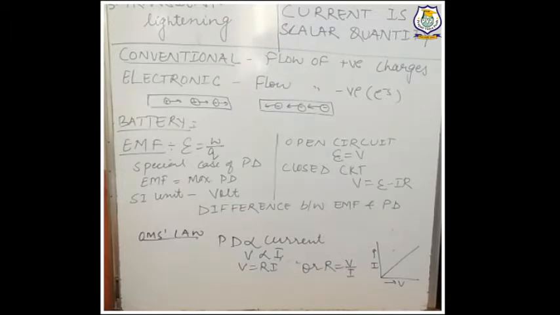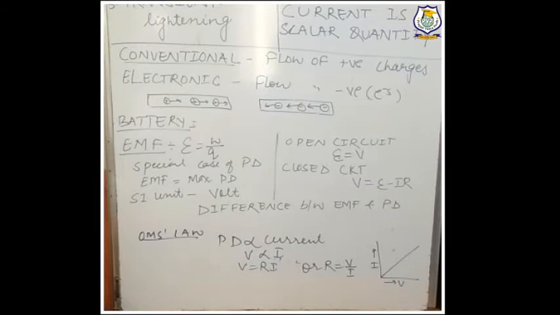Now there is one very interesting fact about it: in an open circuit. You know, closed circuit is when the key is inserted, meaning the circuit is on. And when we take out the key from the circuit, the flow of current stops, and that is called open circuit. So it is written clearly here: in open circuit E is equal to V. Means in open circuit the value of potential difference is exactly equal to the value of EMF.